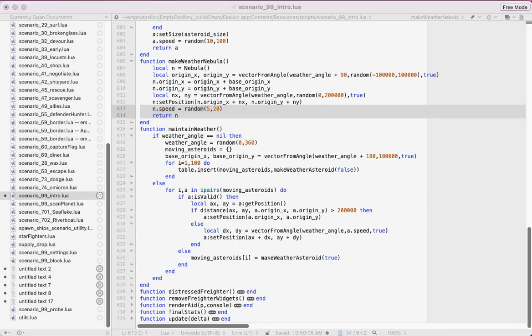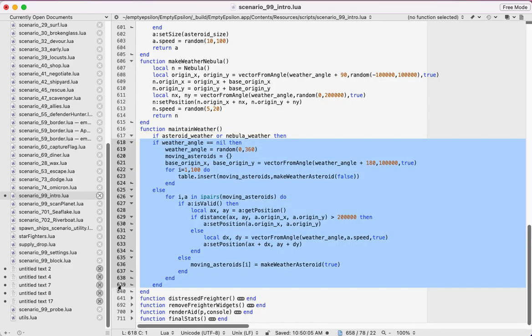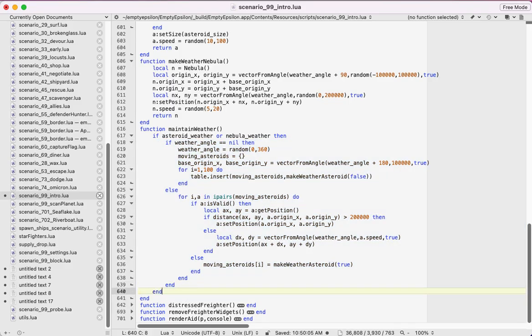So let's look at the maintain weather function. The first thing we want to do is check our new Booleans. If either one of them is true, then we're going to continue processing. If not, then we don't do anything in this function. If they said there's no weather, then we don't have to do any processing. So that's what this if block is doing. We put the if block there, we'll go select the existing code, adjust the indentation, and close the then parameter